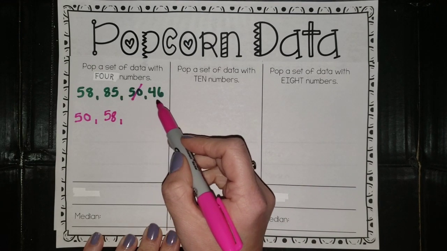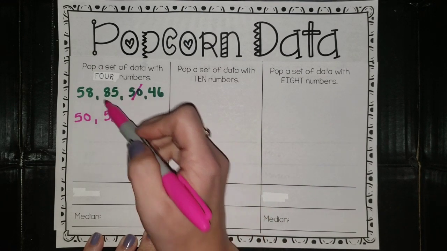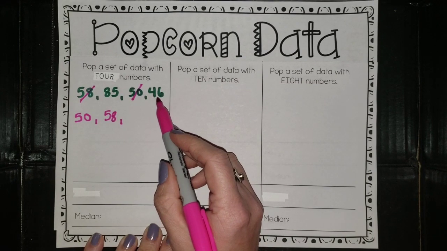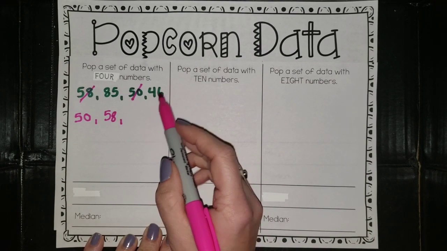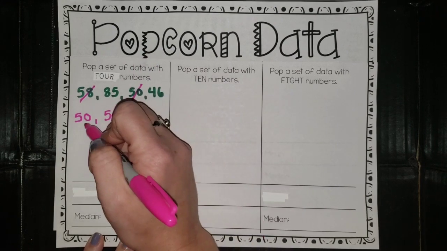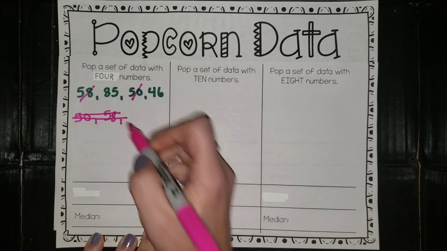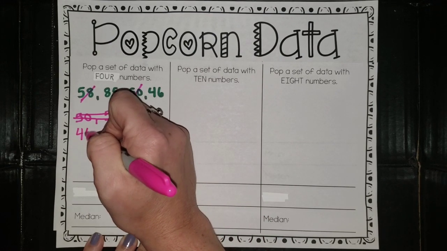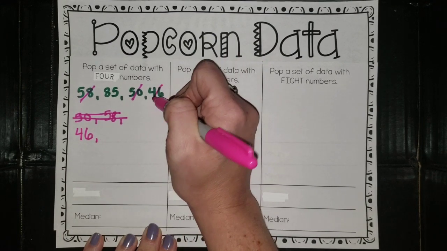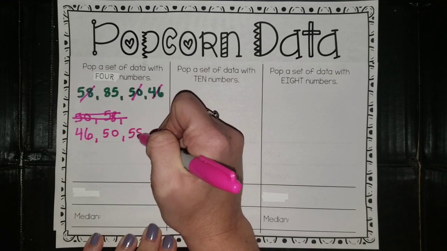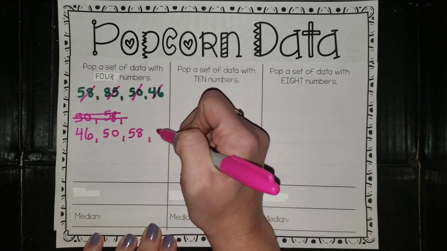then, like we said, we know that happens. If you've watched my other videos, you've seen that I have made mistakes before. But that's okay. I'm not going to go crazy. So because I don't have a lot of room here, I'm actually just going to cross that off, and I'm going to rewrite 46, 50, 58, and then finally